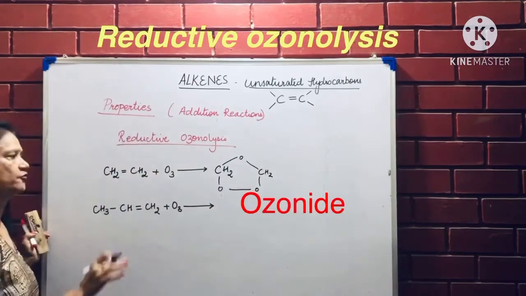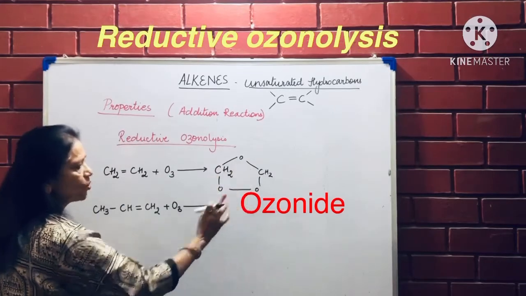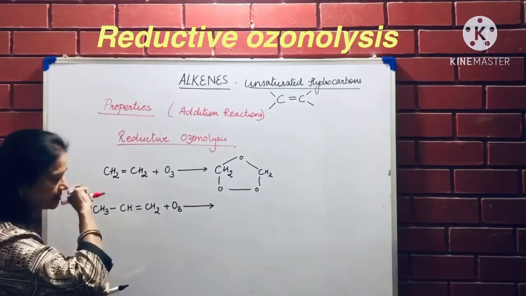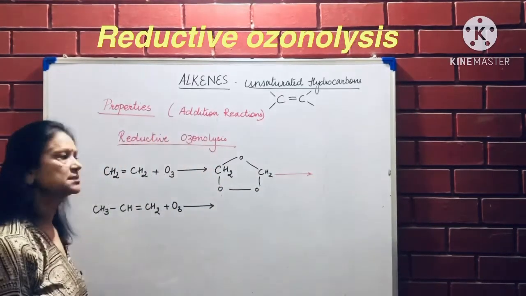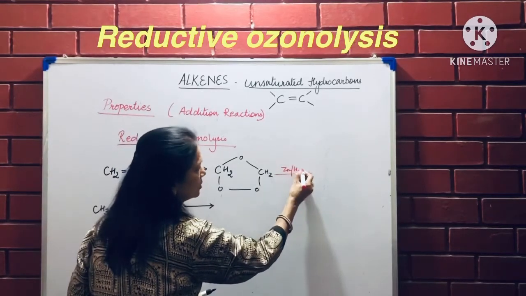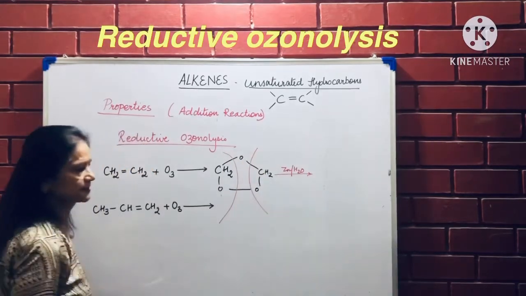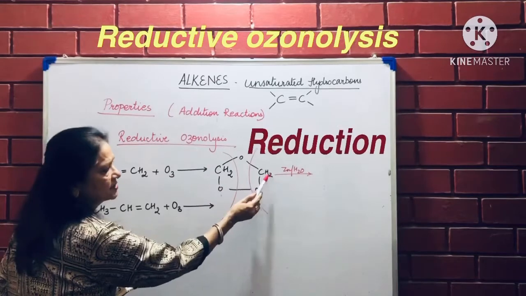Think that it's kind of a hut is formed. That is, against these 2 carbon atoms, all 3 hydrogen atoms are attached. Now in the second step, because this is called reductive ozonolysis, it reacts with zinc in the presence of water and divides this compound into 2 parts. One part is CH2O, another part is CH2O.